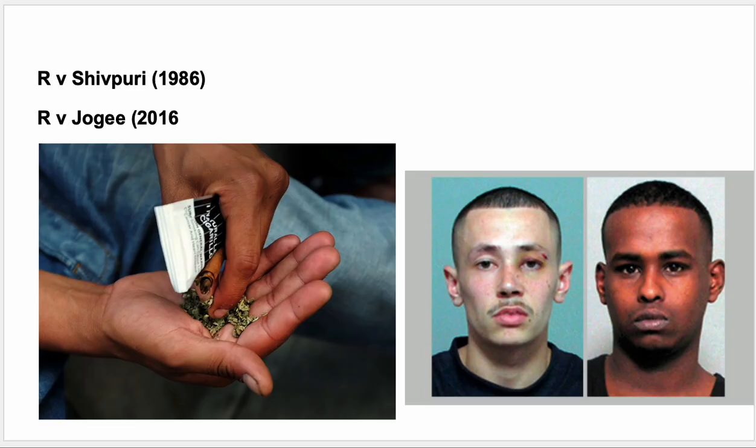So Jogi, that's him there on the left, he and an accomplice went to confront a man, and during this confrontation, Jogi's accomplice stabbed the victim, who later died. So under the old law of joint enterprise, Jogi was convicted of murder as well, because the court said that if he foresaw the possibility that his accomplice might commit murder, he could be guilty, even if he didn't intend